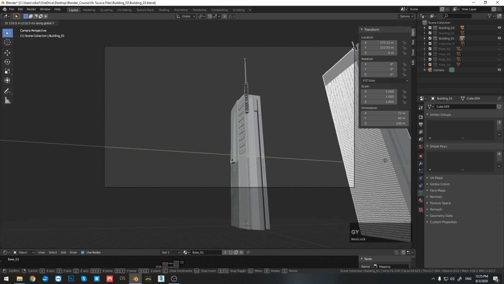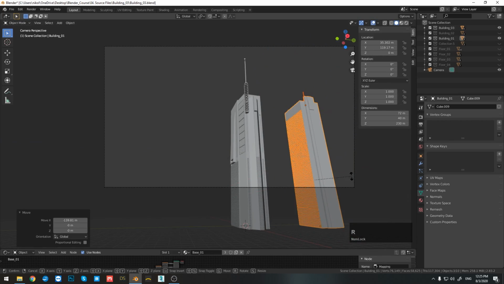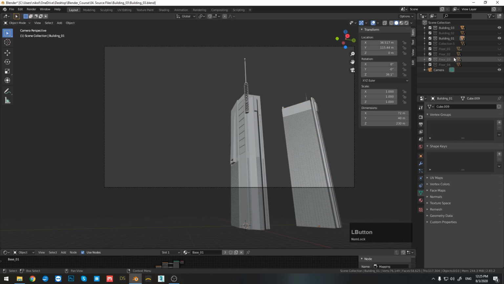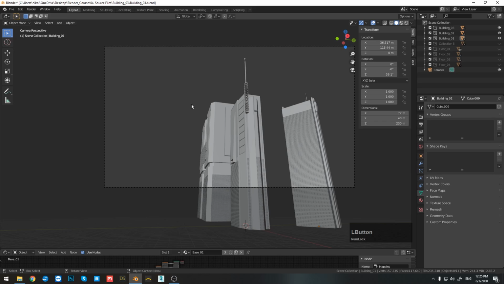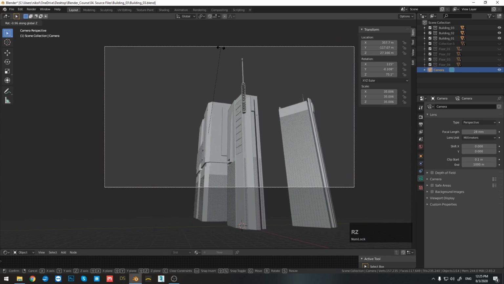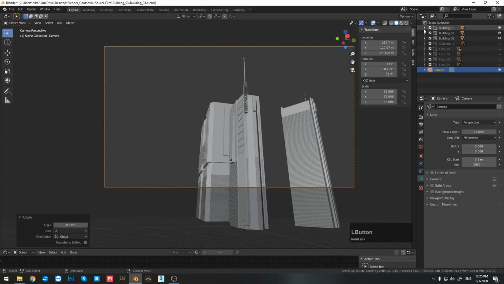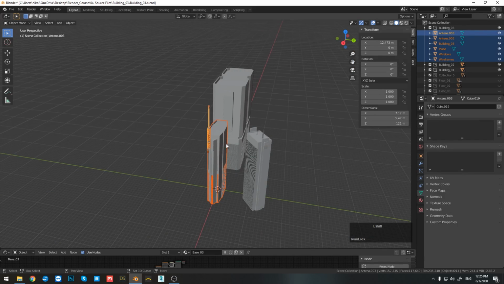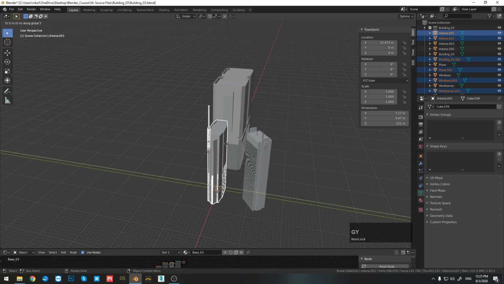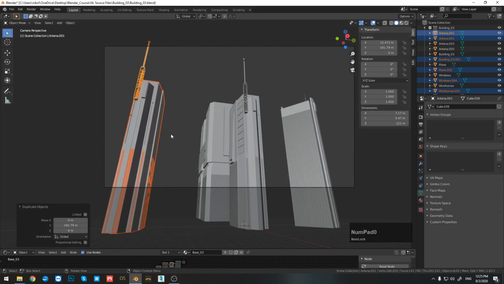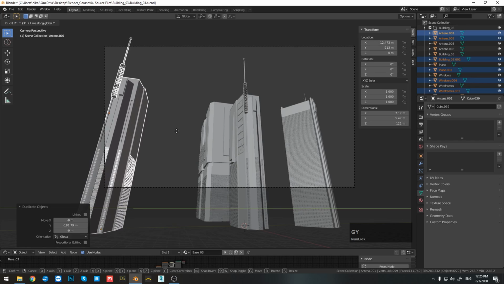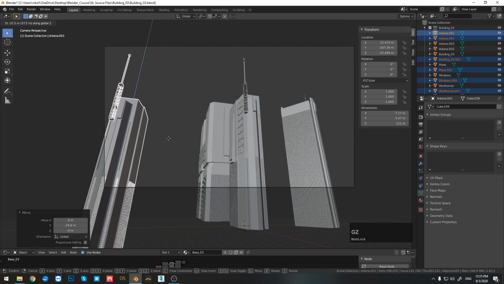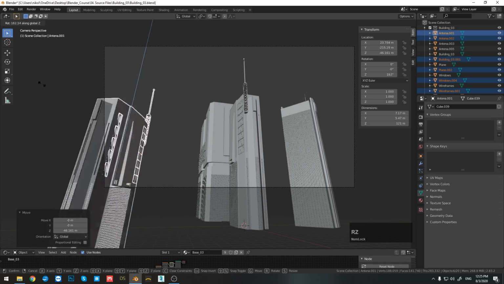And I'll just bring this back to the side and I'll just rotate it like this. I'm just going to leave building 2 at the position where it is at the moment. So I'm just going to make slight rotation to the side. And I'm going to go to building 3, select everything, and then press Shift D to duplicate it. And then don't click anywhere, just press G and Y to move it on the Y axis, like so. And I'm just going to bring this asset down and I'm just going to rotate it